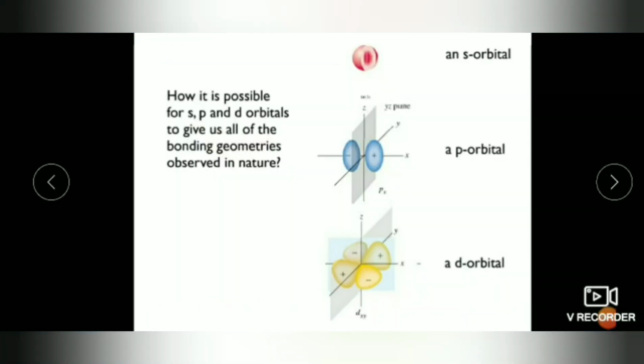Next, the geometry of the orbitals. This is an s orbital. This is a p orbital, with a dumbbell shape, one lobe positive and one negative, with a plane of symmetry. We call them the px, py and pz axes. So there are 3 p orbitals, and 3 orbitals can contain 6 electrons with opposite spins.